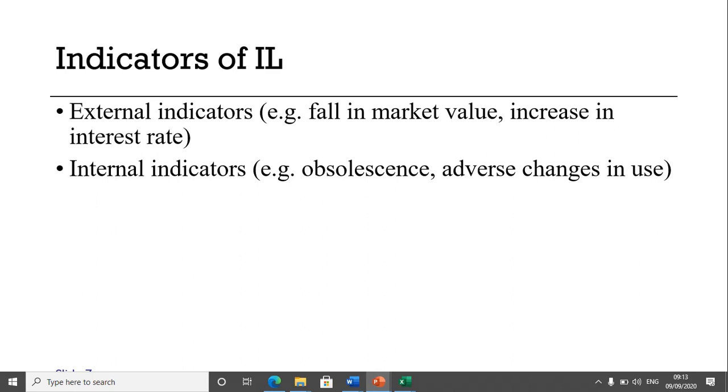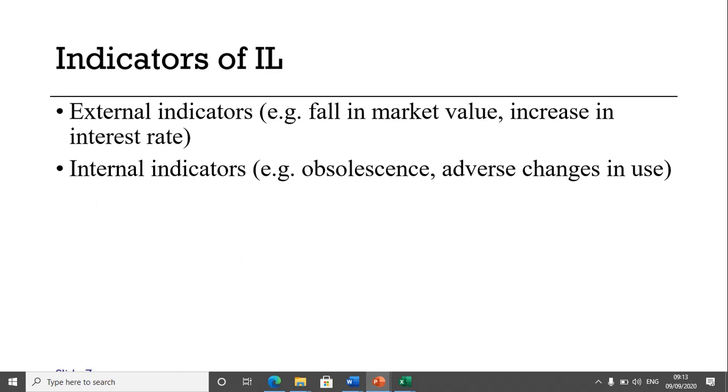Under external sources, there will be a fall in the market value of similar assets. There will be increased interest rates. I can put other things, including the loss of a key customer. Okay, there can be a change in law,